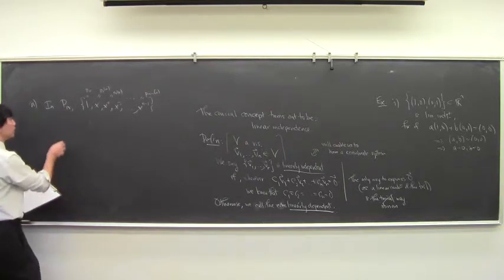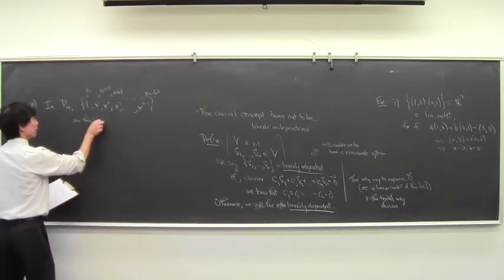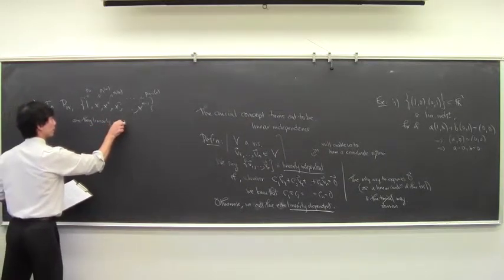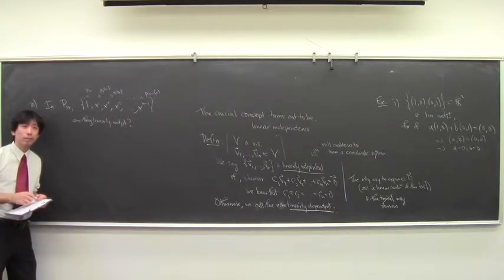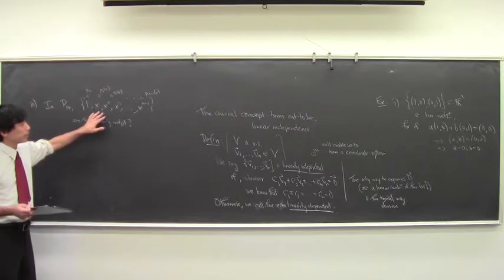Are they linearly independent? Is there a non-trivial way of combining these functions to get the 0 polynomial? Think about it for a second. Are these linearly independent? The question is: